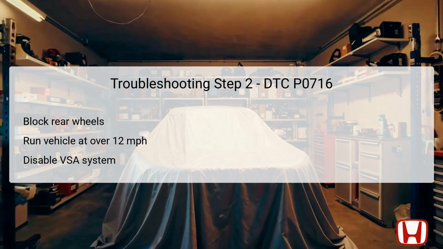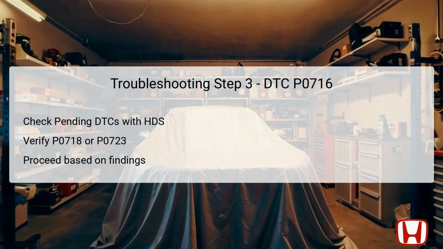results. Shift the gear lever into the D position and accelerate the vehicle to a speed exceeding 12 miles per hour, which is roughly equivalent to 20 kilometers per hour. Maintain this speed for at least 10 seconds. This action will allow the speed sensors to adequately send data regarding wheel and shaft speeds to the control module